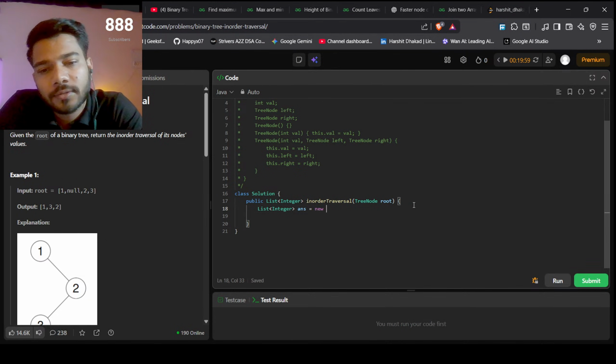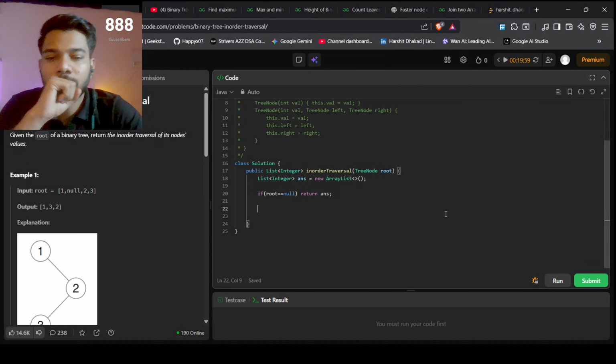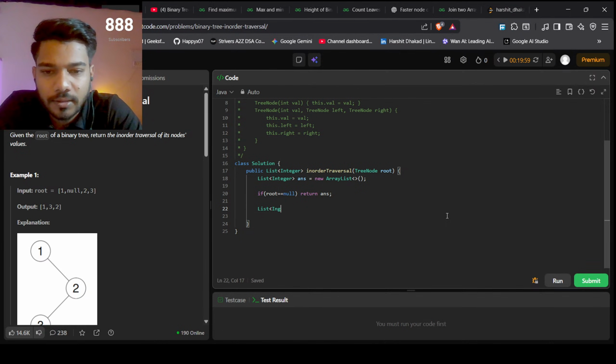And list integer answer is equal to new array list, and then if root is equal to null, we will return answer. And then what we need to do, we need to do in order traversal. So we will create a new list integer left is equal to new array list,